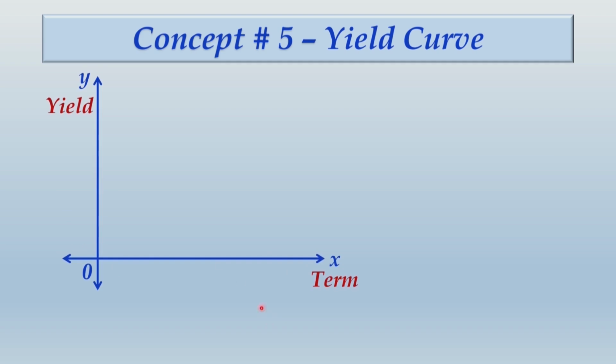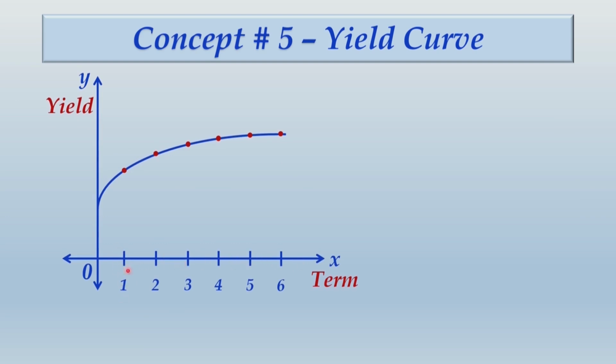So what would happen if you are presenting the relationship between the term and yield rate graphically? I told you that it will be a trend moving upward, and it will not be a straight line, it will be a curve. So just understand that this curve is indicating a yield curve. Now look into one thing. You have the remaining term for maturity. So understand this graphical presentation very well.